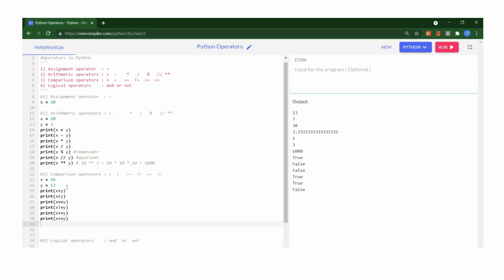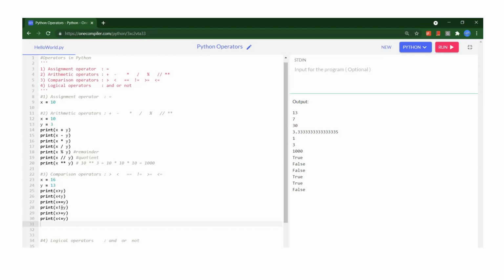Now we will check another condition, or we can say basically comparisons. 16 less than 13, that is false. Double equal to is basically checking 16 is equal to 13, so that is false. In equal to, we need to understand we are having two, one is single equal to and the other is double equal to. Single equal to is the assignment operator, double equal to is the comparison operator. Okay, so don't get confused between the single equal to and the double equal to.